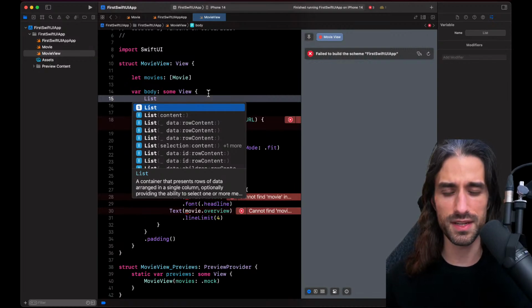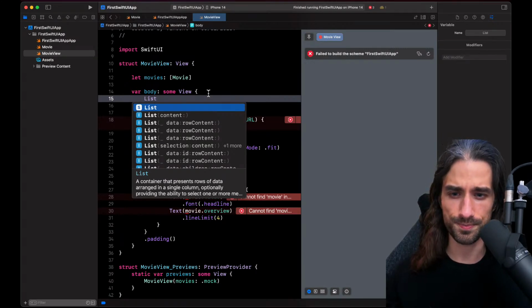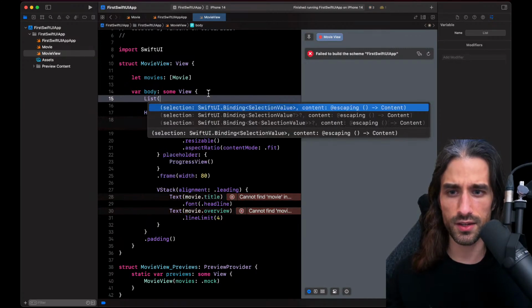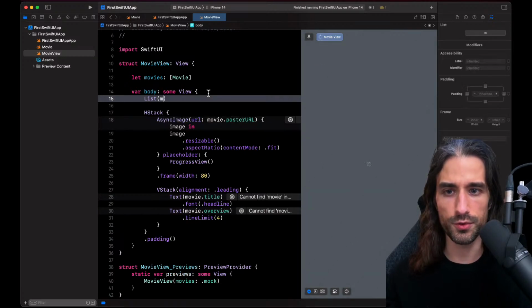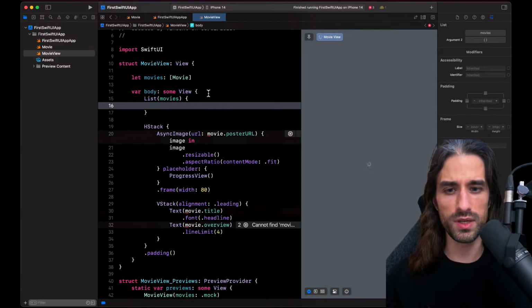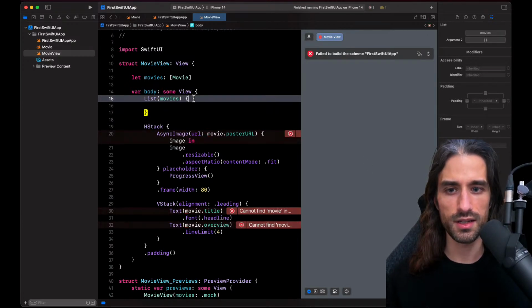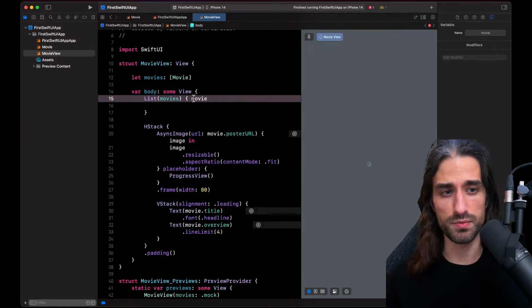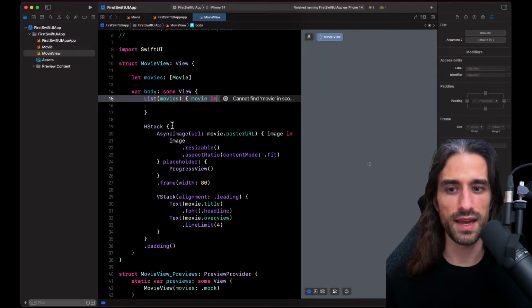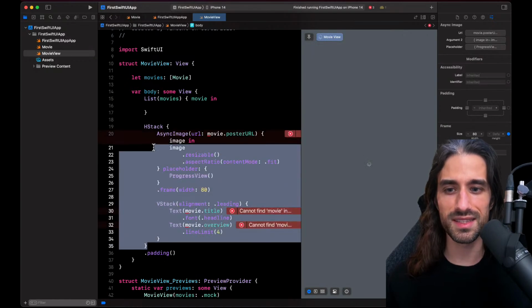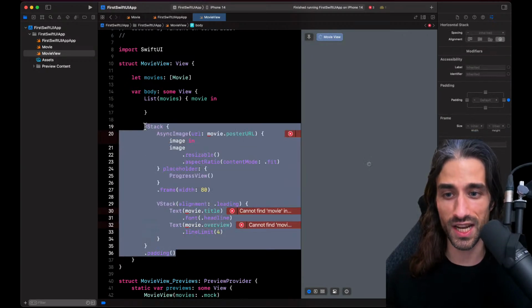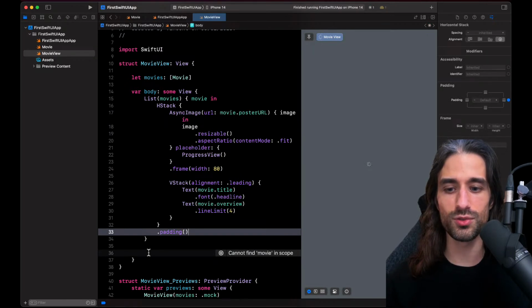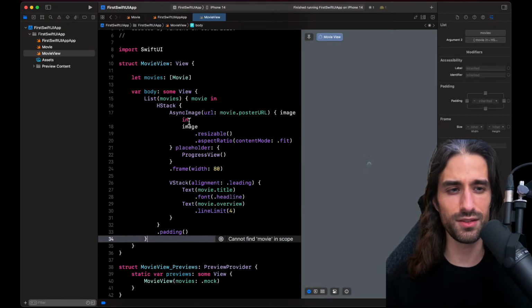Then after we will see maybe a few other ones where you have a bit more control, but this is the simplest one. So it's going to take as an argument first the data that I want to display, so movies, and then a closure in which I'm going to build a row of the list. That closure will take as an argument the element of the list for which to build the row and use it. And as you can imagine, the row will simply be the H tag that I had implemented before. So I'm just going to cut and paste the code inside the closure.